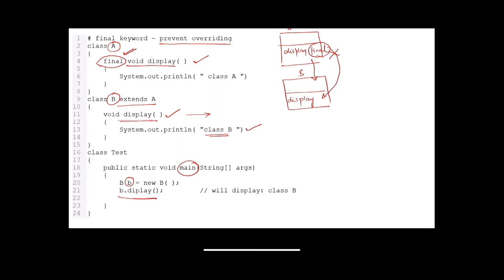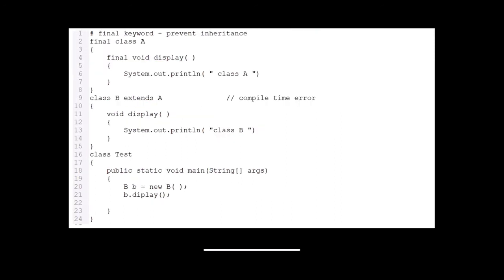Now let us see the third use of the final keyword. The final keyword is also used to prevent inheritance. What we have discussed is that in class A, there was a display function that had the final keyword, so this method was not inherited by my B class. Now let's suppose I have some class which I don't want any other class to inherit. So let us see here. I have a class A and then a class B that is inheriting my class A. Class B has a display function and class A also has a display function.